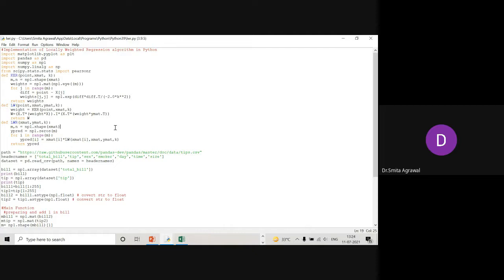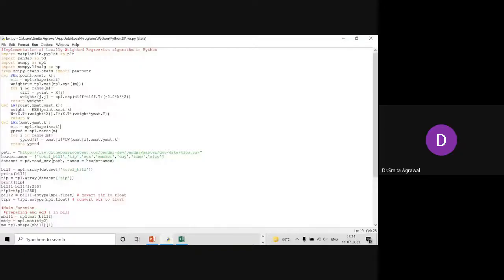So to write the code of LWR in Python, we can directly use the inbuilt packages of Python. So by using the def keyword in Python.